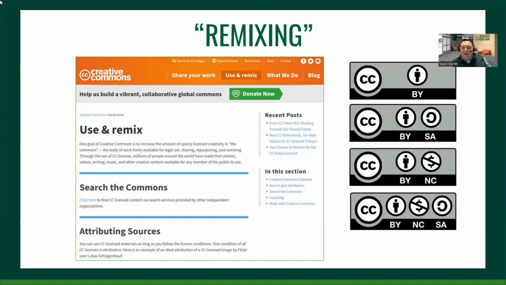So if you find a Creative Commons document or resource with that license, what it means is you can't charge anybody for it, and you can share it, and you have to let anybody you share it to be able to share it as well. The next one up, when you see the BYNC, again,